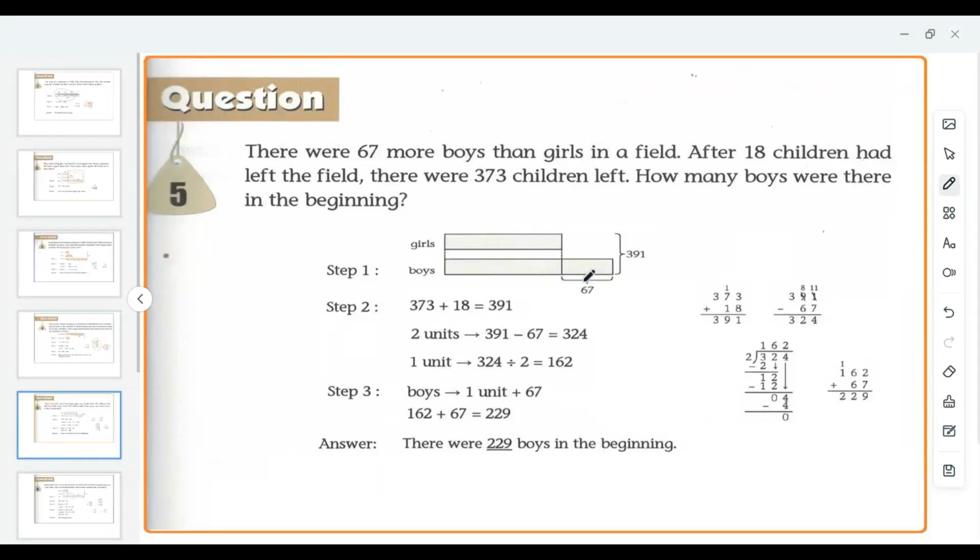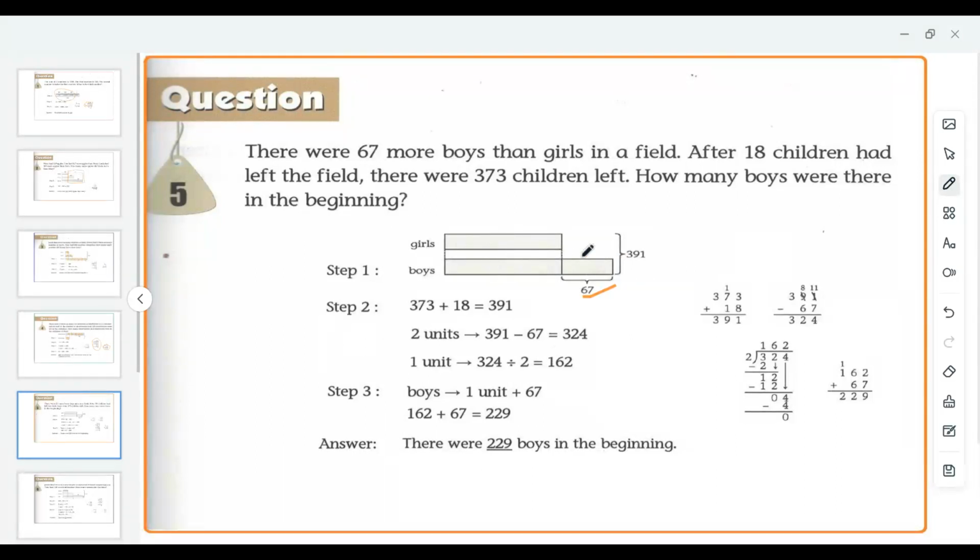It's 67. Right? Now, we know also 337 children left. We still have 18 children there. So add this all together should be 391. All total boys and girls all together is 391. Then take away